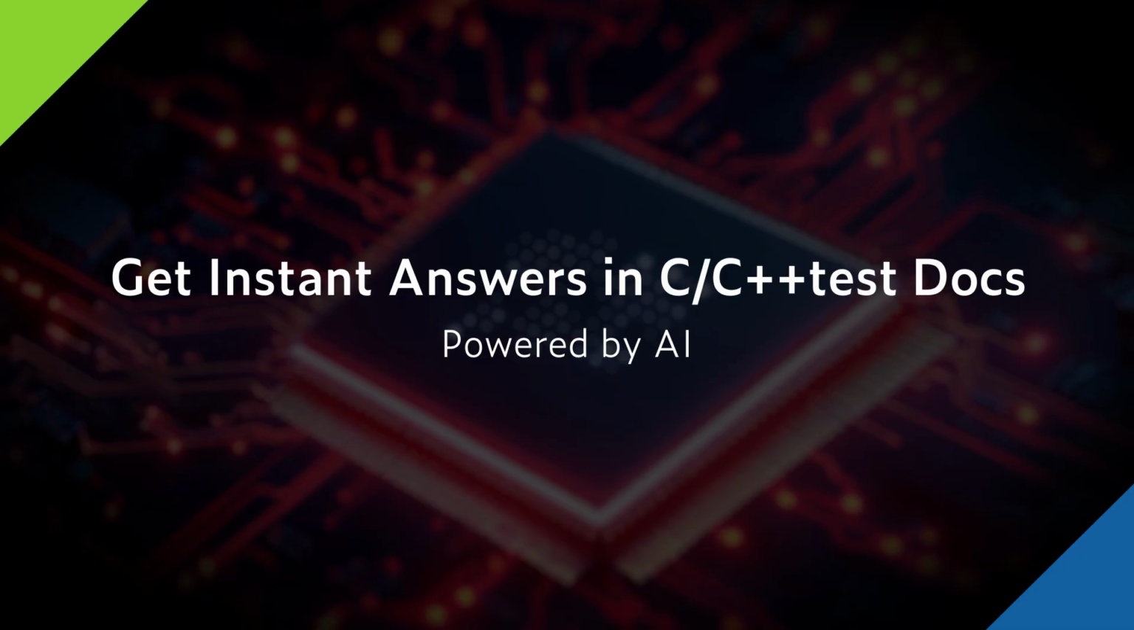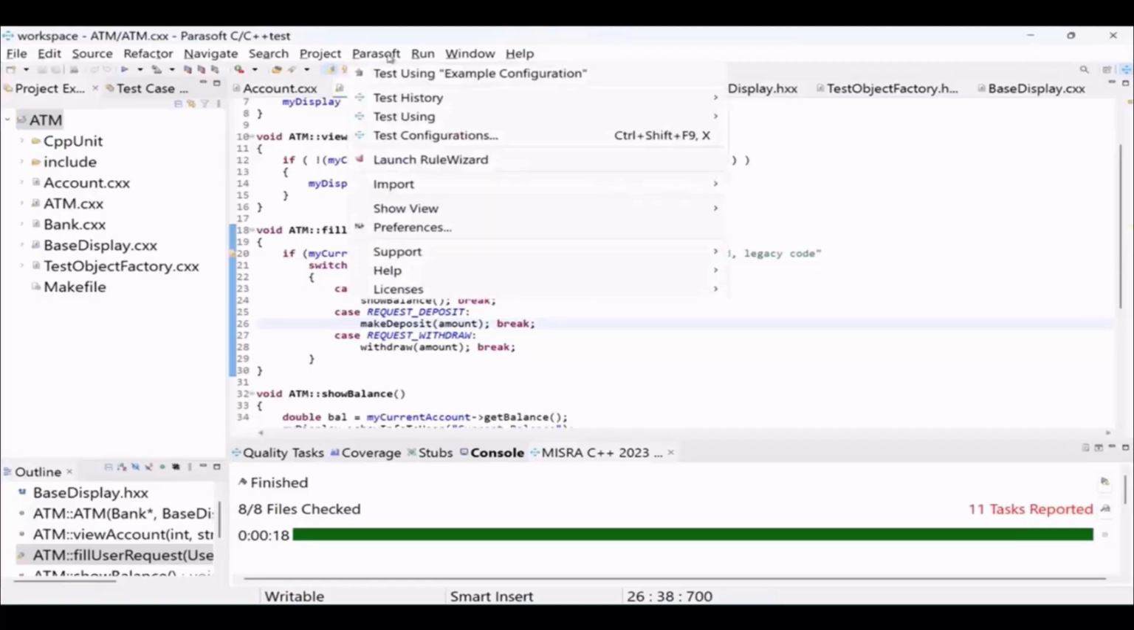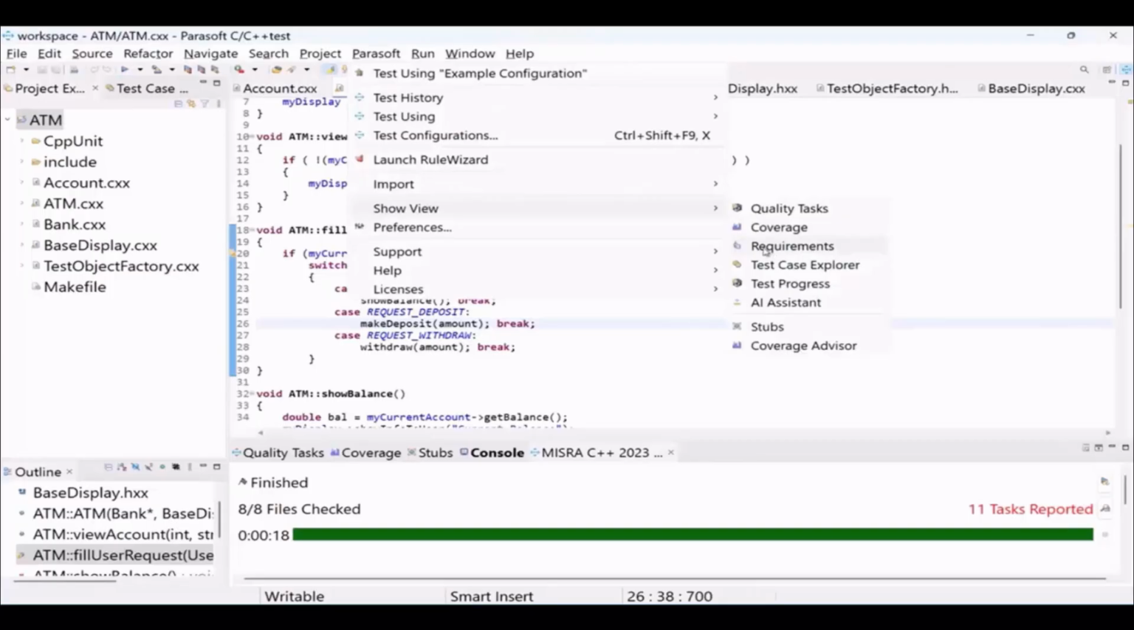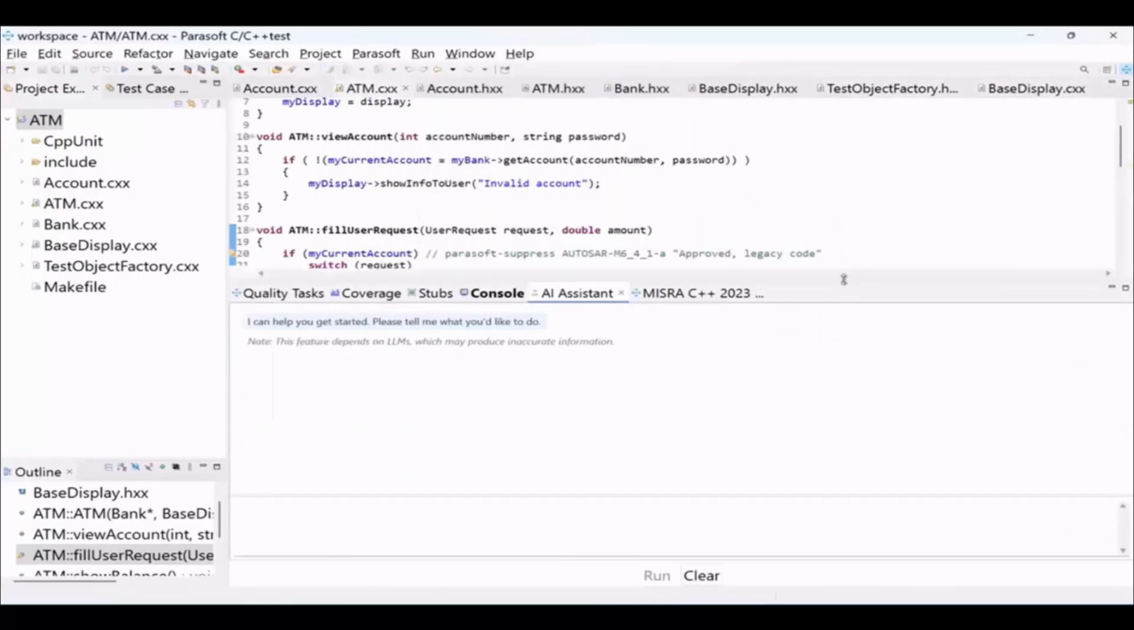AI documentation assistant. This AI assistant comes with a dedicated view. You can find it in the Parasoft menu, in the Show View option, and there is an AI Assistant entry, which brings up this view. I will discuss the configuration in a moment, but right now, just to make sure we all understand the value,